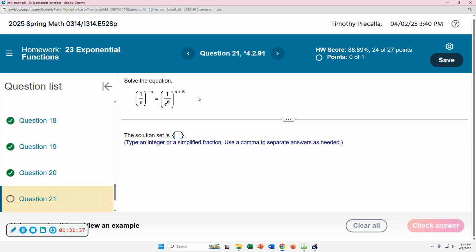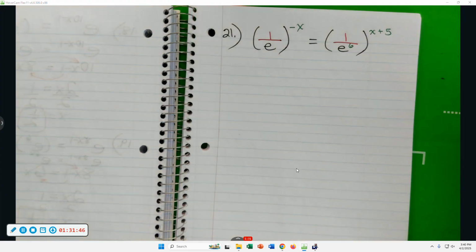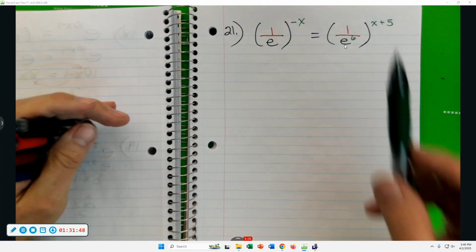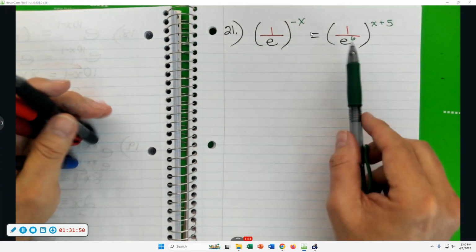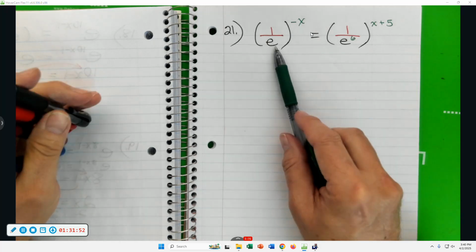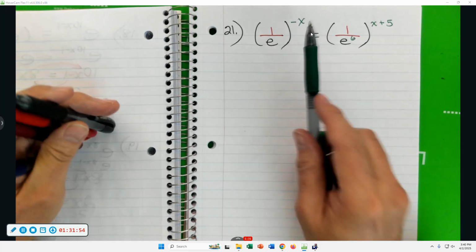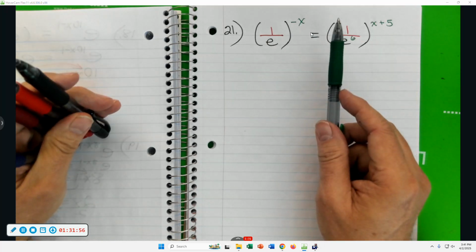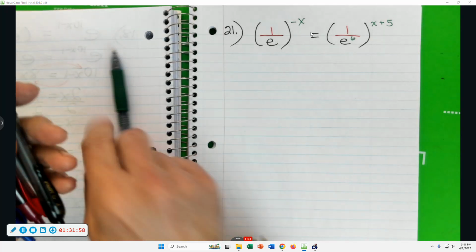If you view an example on this, I imagine they do this differently from what I'm going to do, but I don't like a base to be a fraction. If there's an e, the e should be the base. If there's an e appearing as part of the base, e should be the base. Okay? I want a base of,